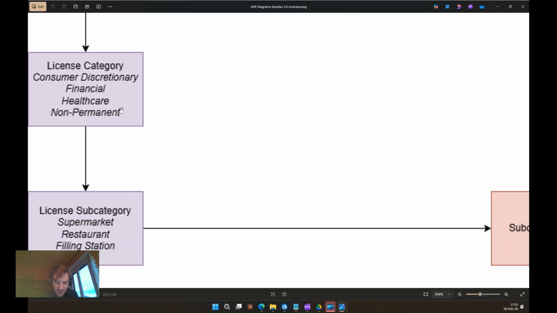You would have to go through and say, okay, how much are we charging for a barbing shop? How much are we charging for hair salon? How much are we charging for cell phone store? It would get kind of ridiculous to do that for dozens, if not hundreds, of subcategories. So one way to make those decisions a bit more straightforward is just to say, all of the financial businesses,